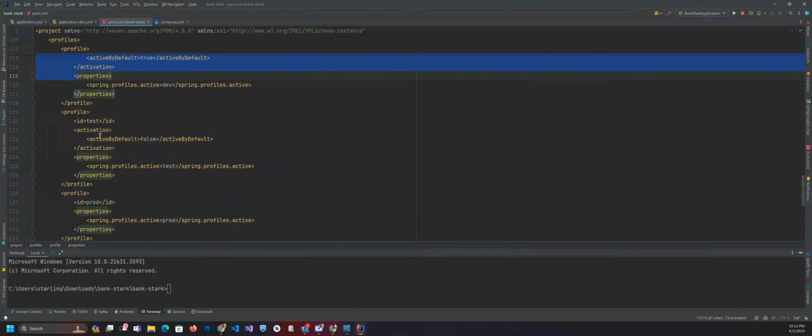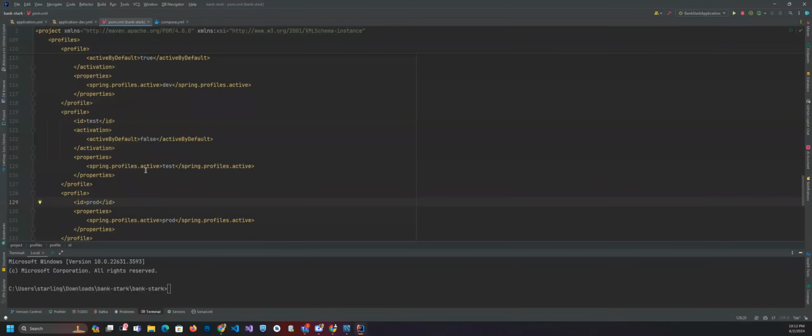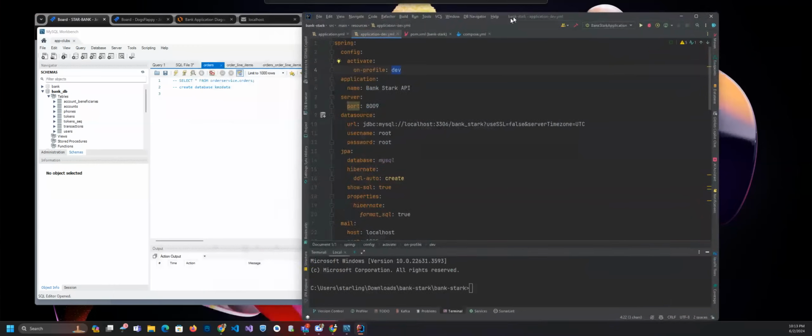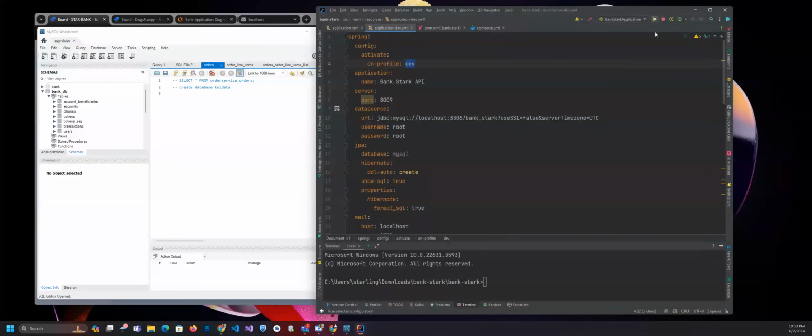And of course, we can specify other configurations like test or prod, whatever. These other configurations we can specify. And also, for example, let me show you. If I run my Spring Boot project,